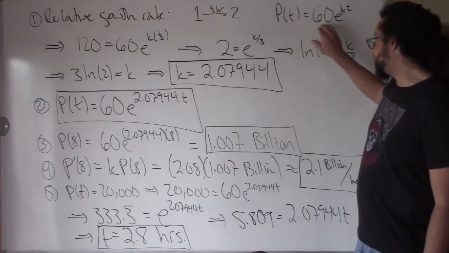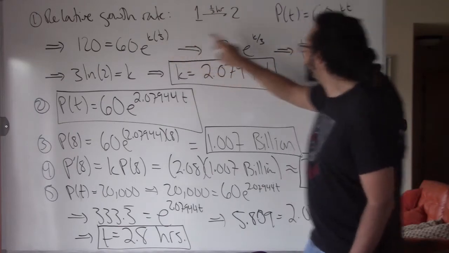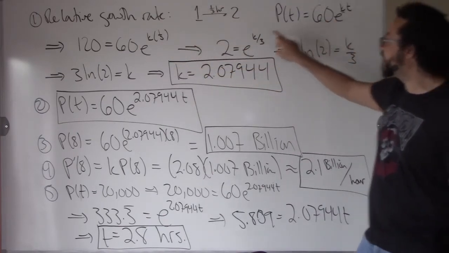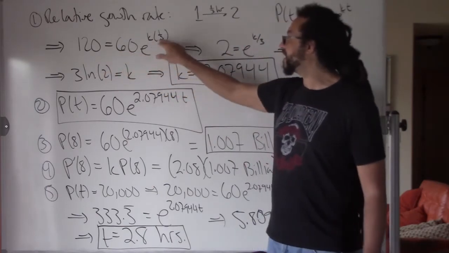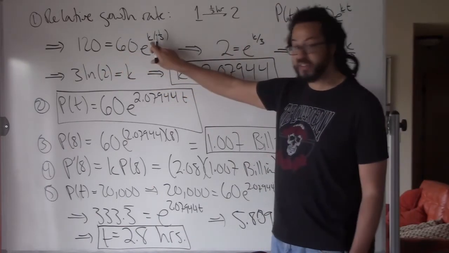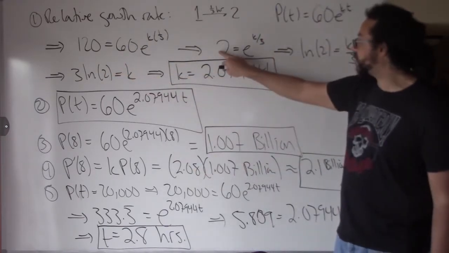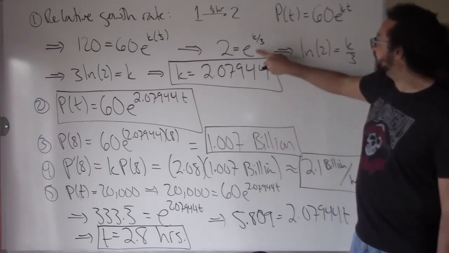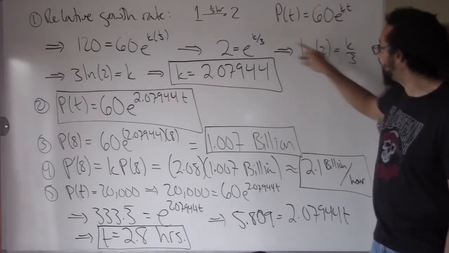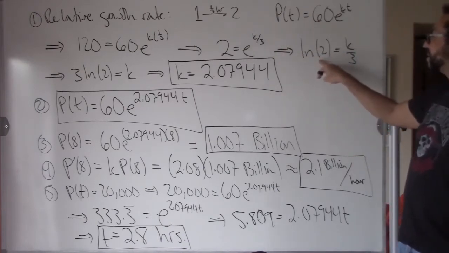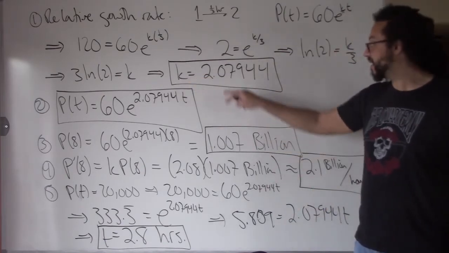So if we start with 60, we know that it's going to take 1/3 of an hour to go from 60 to 120. So 120 is equal to 60 e to the k times 1/3. We just need to solve for k. So divide both sides by 60, you get a 2 on the left-hand side. To get rid of the e, we will natural log both sides. So natural log of 2 is equal to k over 3. Multiply by 3, get out a calculator, punch it up, you see that the growth constant is